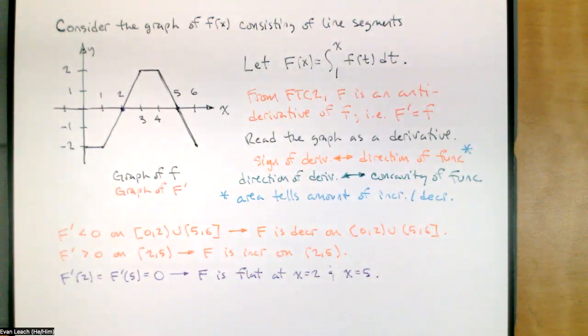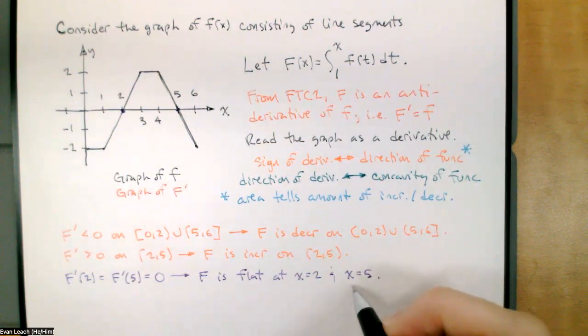Notice that the function changes from decreasing to increasing at 2. So if we change from decreasing to increasing, we have a local minimum at 2. And then we change from increasing to decreasing at 5. So we have a local maximum at 5. So combining this information with the stuff that we already know,